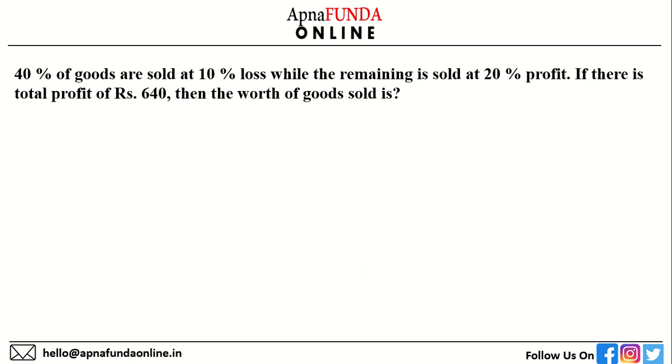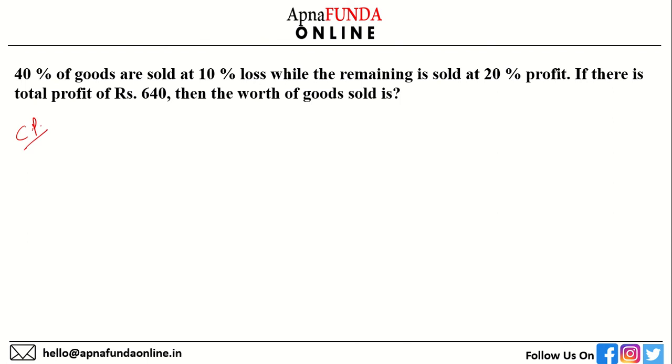Next question. 40% of goods are sold at 10% loss, while the remaining is sold at 20% profit. If the total profit is rupees 640, then the worth of the goods sold is? 40% of the goods are sold at 10% loss, while the remaining is sold at 20% profit. If there is a profit of 640, what is the worth of the goods sold? We'll solve it in the way of the question we just saw two questions back. Let's say